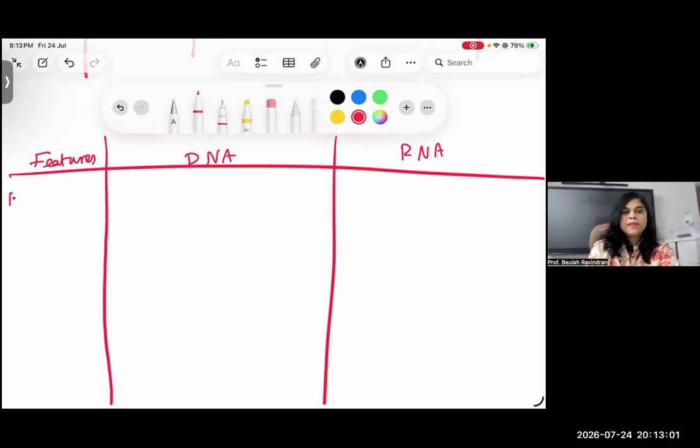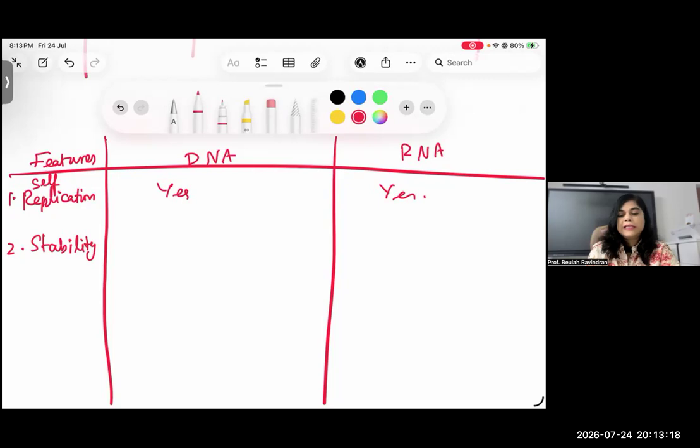First point, you can write replication. Self-replication, right? Self-replication. So both will replicate. Then stability. If you look at stability, those four points I discussed, right? So based on that. Stability, you can write DNA is chemically less stable